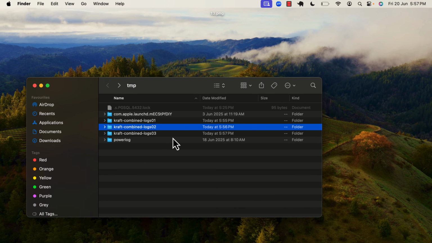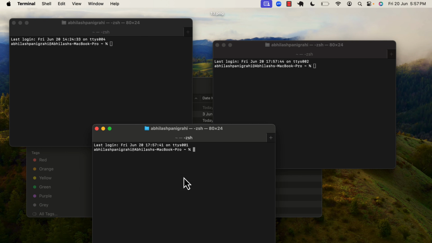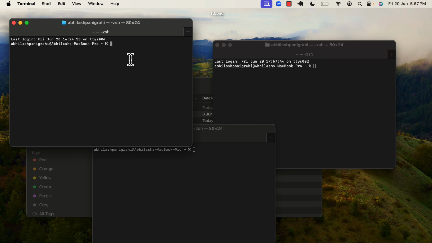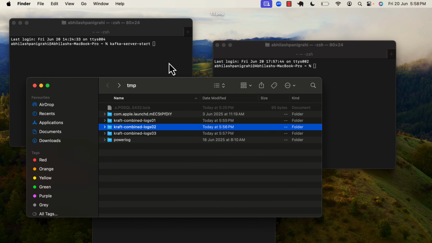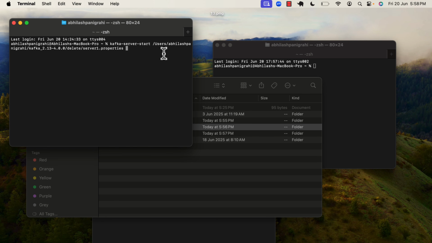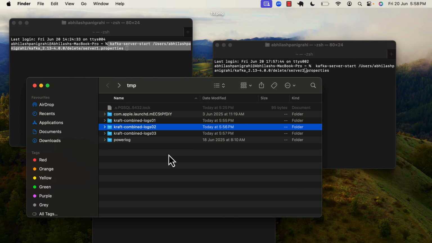Right now, let's just start our server. So here my Kafka broker will run. The 3 different brokers I have. So first of all, I'm going to do Kafka server start. Okay. And I'm going to give the first properties file. And here I have server1.properties. I'm going to copy this and I'm going to put it over here. All right, Kafka server start. And this is my server1.properties. I'm going to copy this and I'm going to paste it over here. This is going to be my server2.properties. I'm going to start my server with